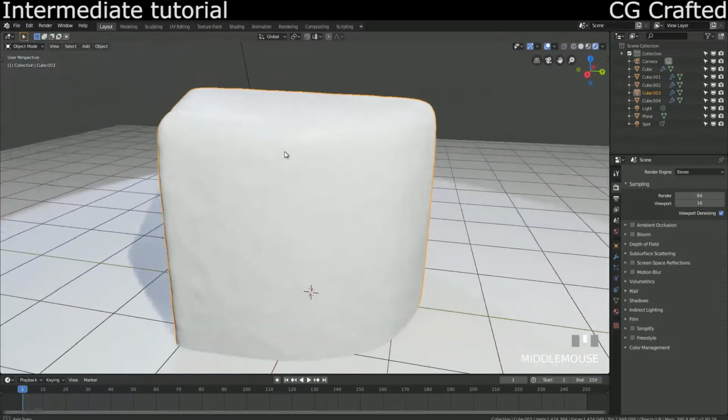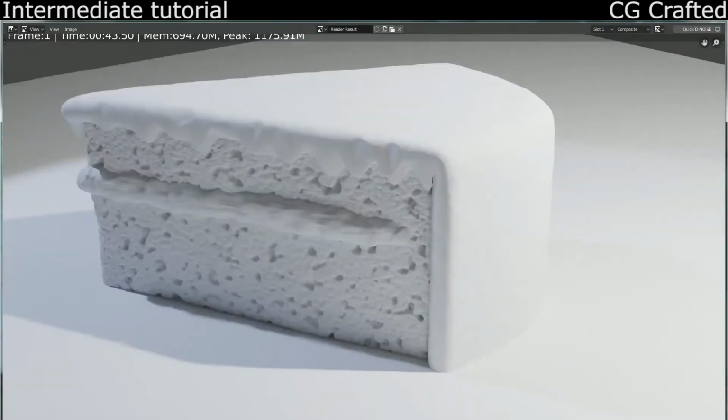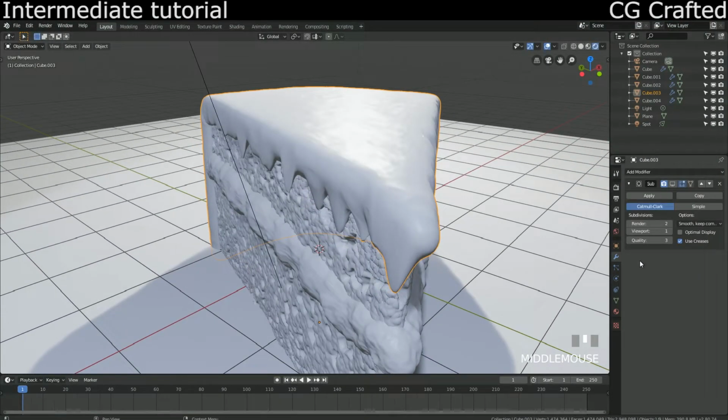Welcome to the third episode of How to Create a Cake in Blender 2.8. It's gonna be awesome, it already looks quite good. Actually, it looks like a sponge or a weird rocky cheese, but it doesn't stop me from continuing this series